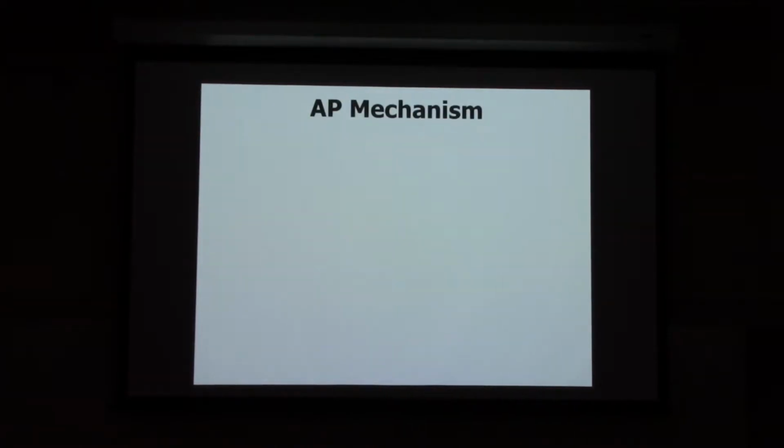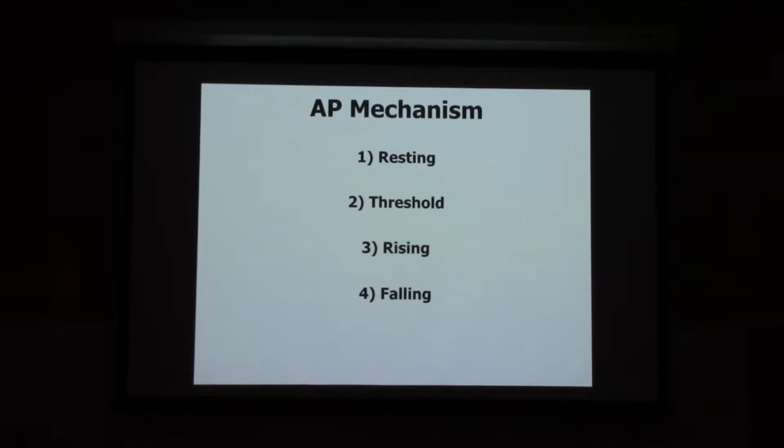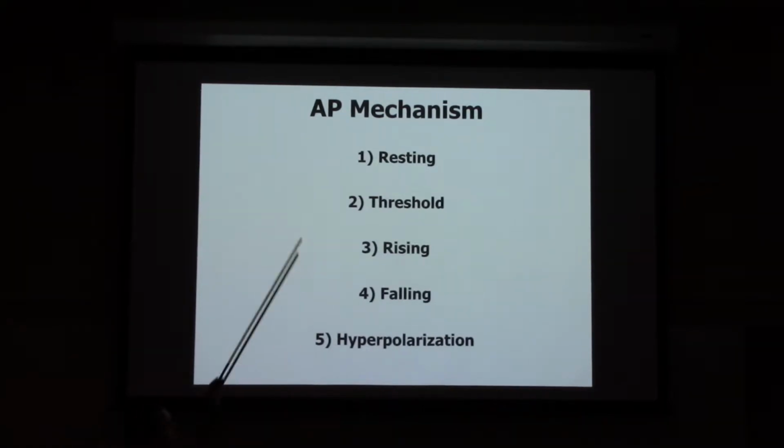Okay, let's go ahead and try to figure out what's actually going on here. What is the actual action potential? What we'll do is first look at the conditions of the cell at rest, so we have something to relate it to. We'll look at how we get to threshold, which we already have an idea about. And once you reach threshold, you get the rising phase of the action potential, followed by the falling phase of the action potential. And then it's finished up with a hyperpolarization phase. So we're going to walk through each of these 5 portions of an action potential.